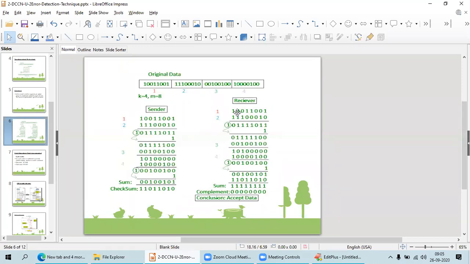Otherwise, if you are not getting what you expected, all ones or all zeros, then that is the wrong answer. That is the wrong word which you have transmitted from sender to receiver. That is the only thing you have to understand.